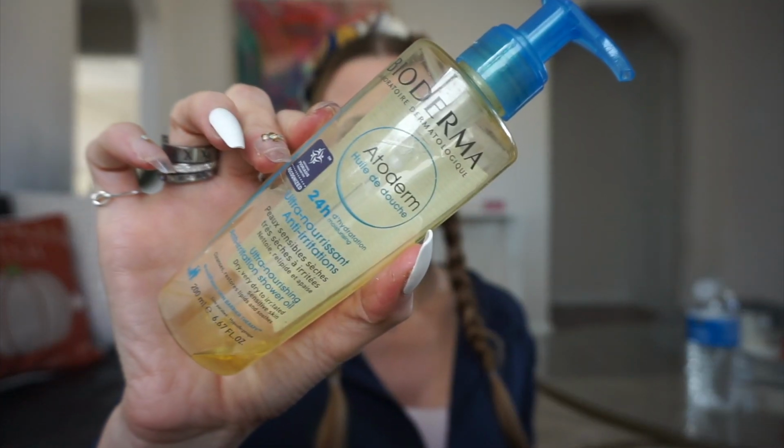Last body product, Bioderma. I actually bought this as a face cleansing oil. It's an anti-irritation shower oil. I don't know, I thought it was an oil cleanser, and I love Bioderma, but no. This is not something I would use on my face. It smells like,